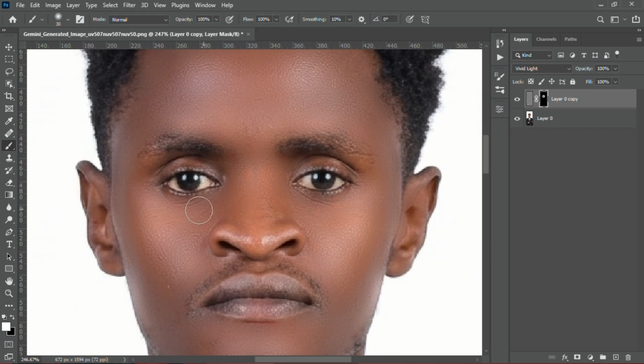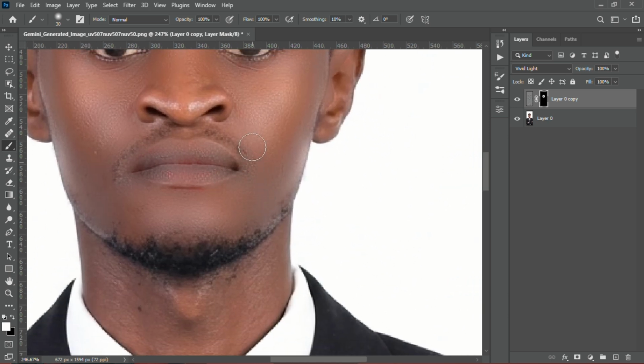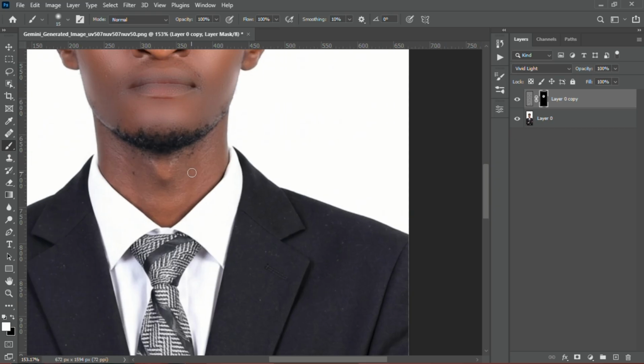By adding those whitish and reddish areas, the image is going to look awkward. So we don't want the image to look awkward. So around the lips, let's go down low. You can see the reddish still keeps appearing, so we just adjust the brush tool. Yeah, nice. So let's go to the neck